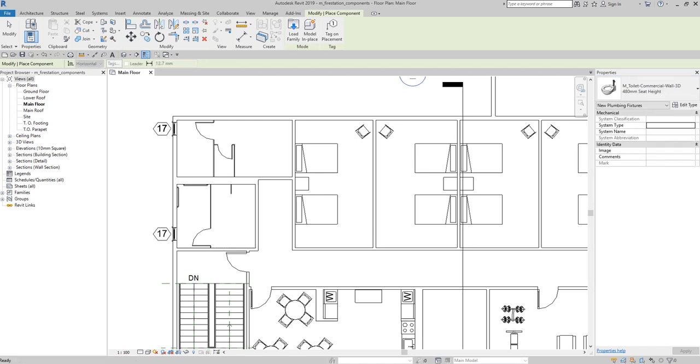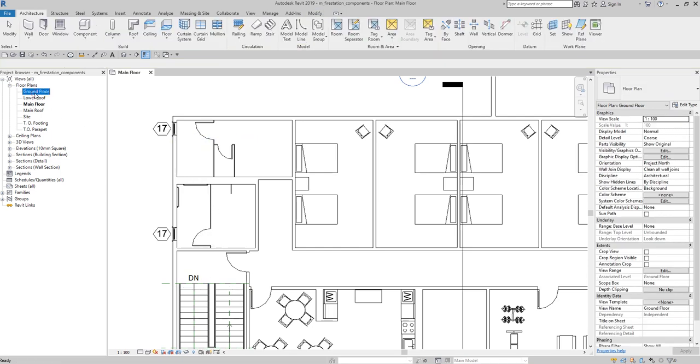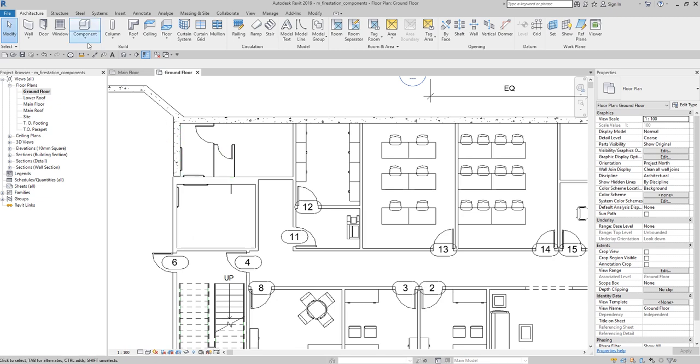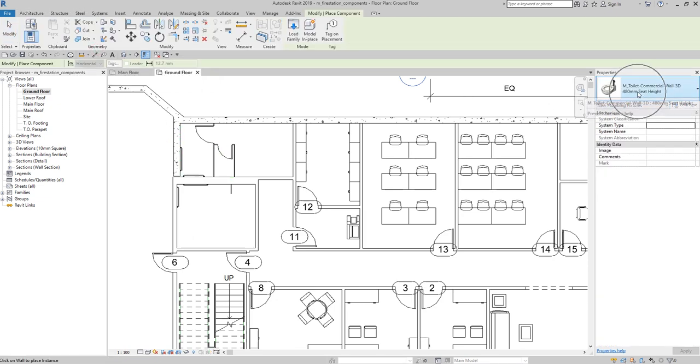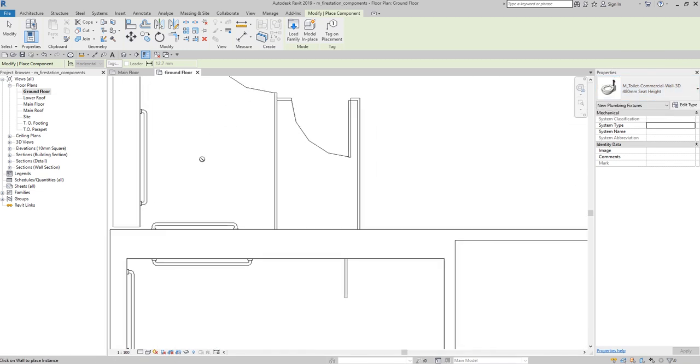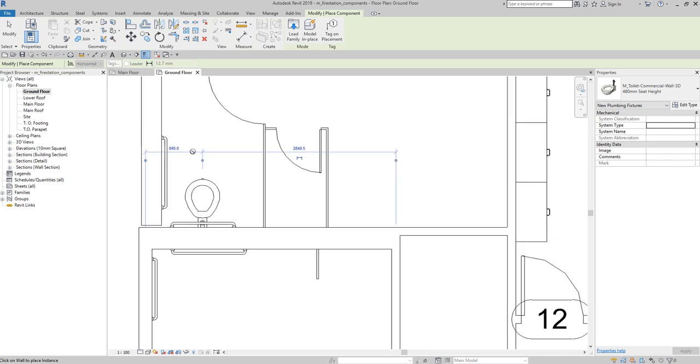Okay. And then after that, I'm going to place it on my, let's say, ground floor. Let me go to the ground floor. Again, let me select place a component. I'm gonna use this one. Okay, I'm going to hover my pointer along the wall. So let's say I'm going to place it somewhere here. Okay, so this is for the women. Okay, and then after that, I'm going to place another one